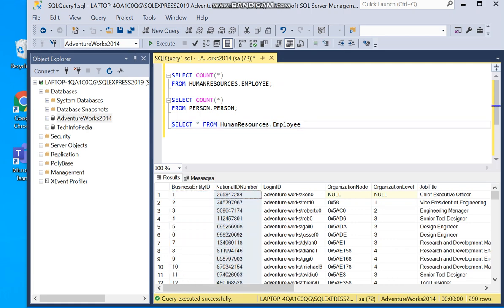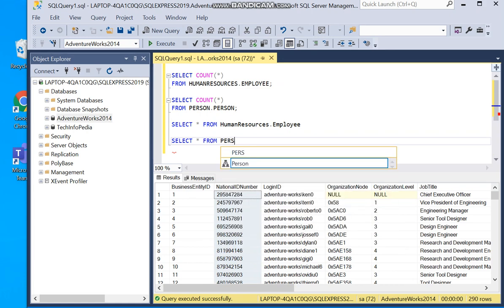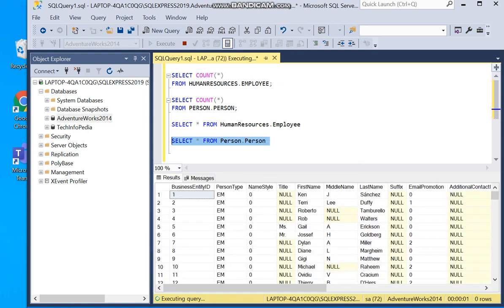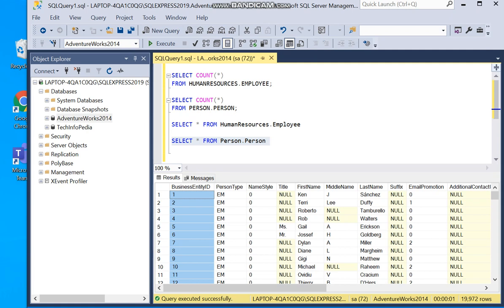Now we'll check the same for the second table: select star from person.person. If we run this, here you can see that the business entity id column is the common column which is available in both tables.